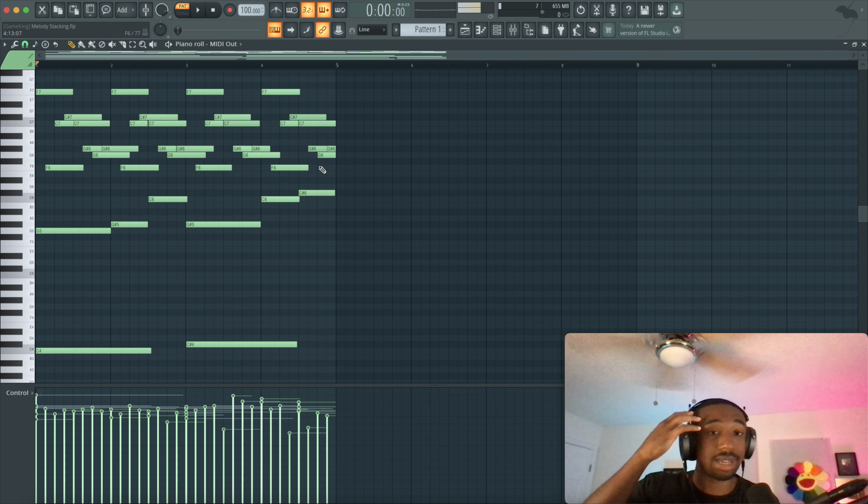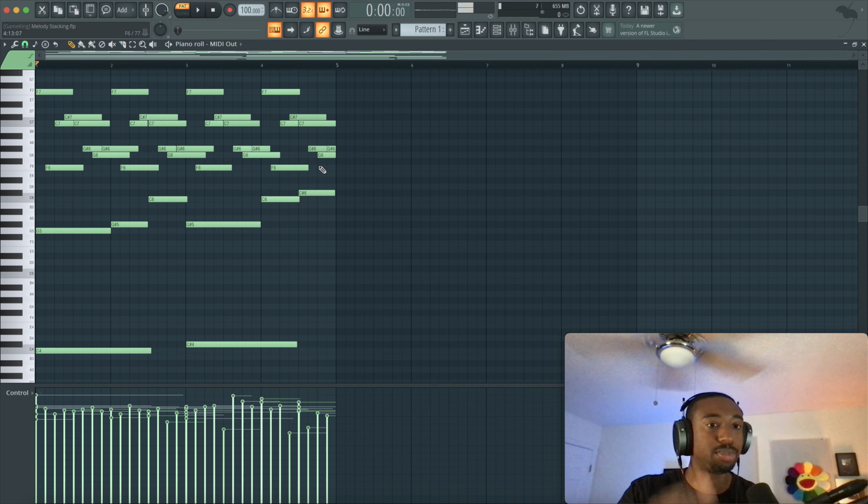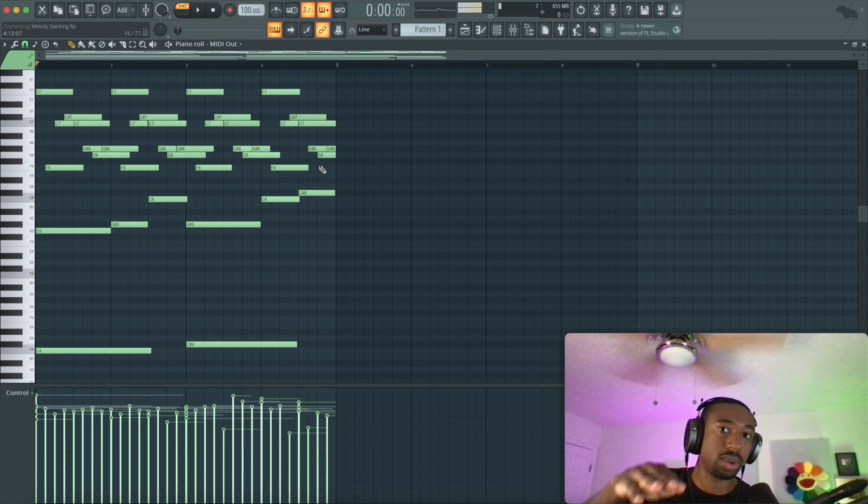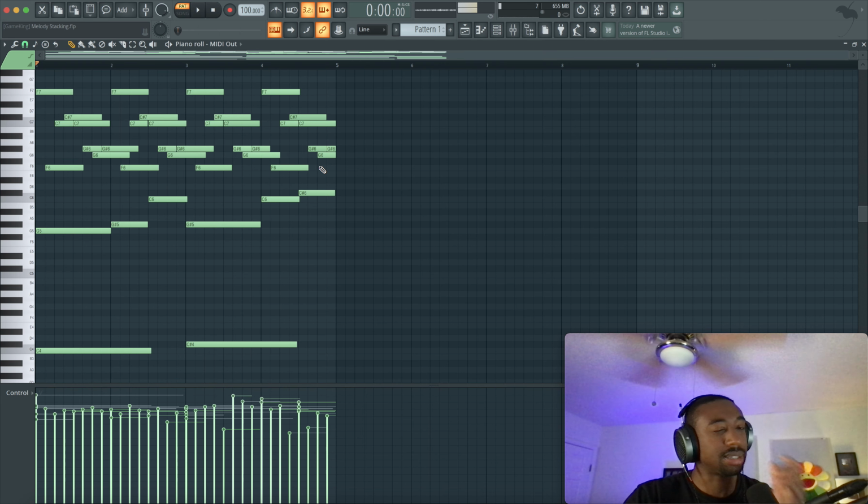But now let's just get into basic sounds. I'm just going to go through my keyboard just to pick random sounds here. If you struggle with sound selection, start with stringed instruments. Piano is a stringed instrument. Under the hood, you have long strings that get hit with a hammer. Every time you hit a key, it leverages a hammer, and the hammer hits the string. That's how you get the sound of a piano, a grand piano. Then you have guitar, stringed instrument. You have bass, violin. So those are stringed instruments. Let's swap out the sound here. Now this melody is very piano based. So any other instrument that doesn't really use the techniques of a piano might not sound as natural.